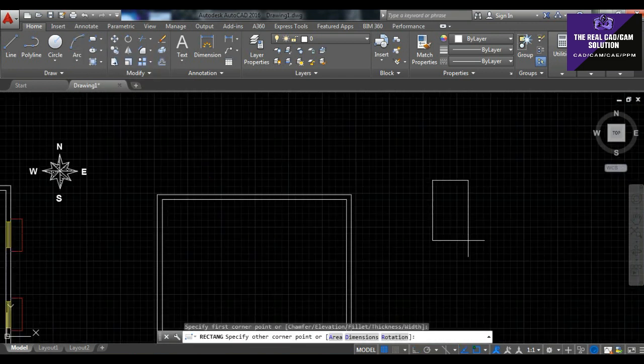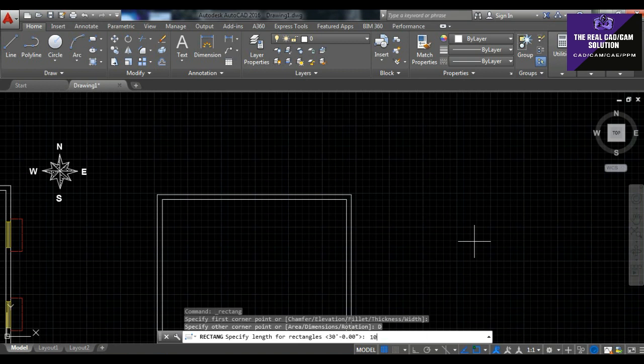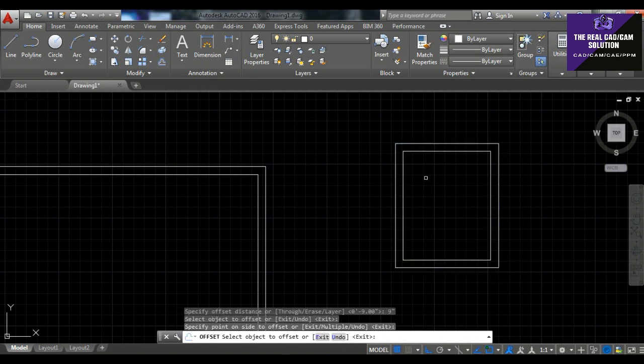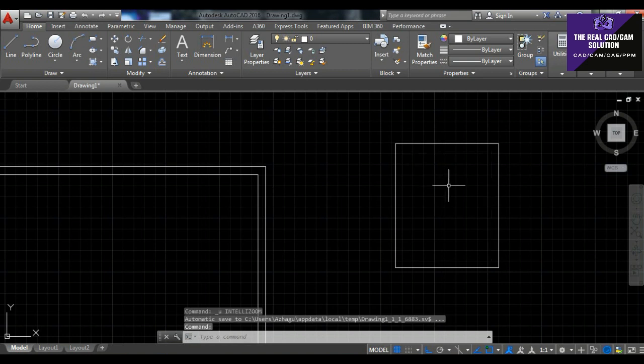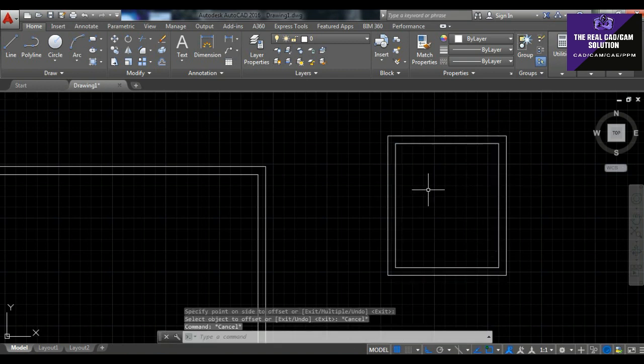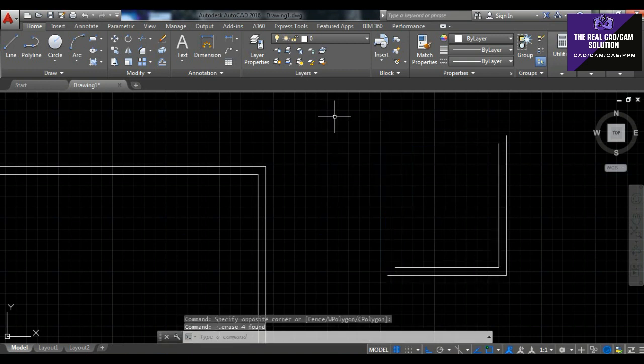The room size is 12 cross 10. First of all, 10 feet must get a dimension. 10 feet and 12 feet. Okay, then offset to 9 inches. Sorry, offset takes the exterior side, because the interior side is 12 feet cross 10 feet. Okay, here it's nicely presented, and then explode like this.